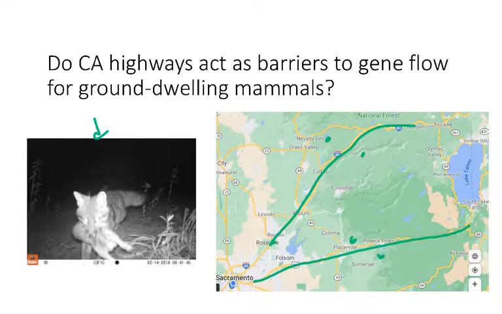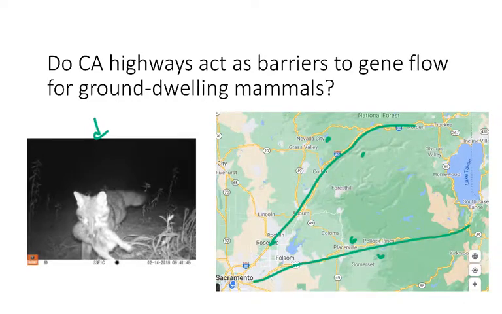They used microsatellite markers, which we talked about before, to try and estimate genetically whether there is gene flow occurring across these highways or whether populations on both sides of those highways are separated because of the barrier. So that's one example of how gene flow might be happening right around you in your everyday life without you